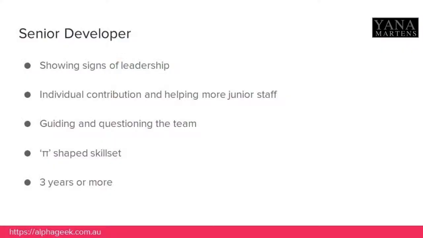I've also mentioned it, as people would have seen on that slide, the pi-shaped skill set, which is a little bit different to the T-shape. You've now got a second leg coming down on that. So you're starting to specialize in multiple things. There's a level which may sort of fall in at the senior developer level, which I've heard called the broken comb skill set.